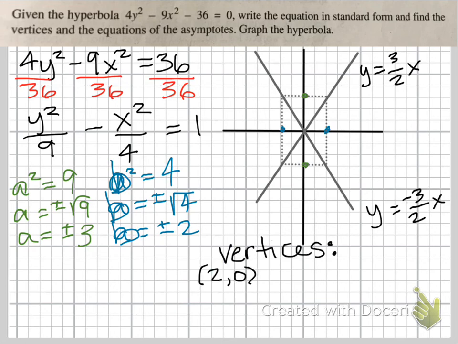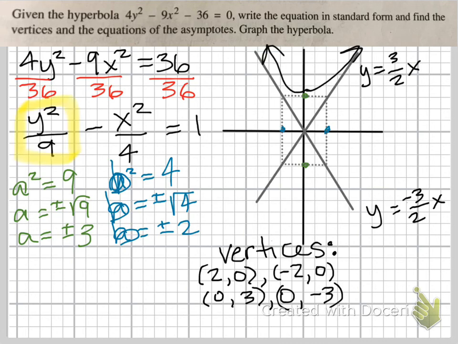And then I graph my vertices. My vertices are 2, 0, which are the blue dots, negative 2, 0, and then 0, 3, and 0, negative 3. And then finally, what I'm going to do is graph the hyperbola itself. So to graph the hyperbola itself, notice that it is y squared first, so I'm going to go through the y-axis. So going through the y-axis, you can see I graph it up there on the top, graph it on the bottom,